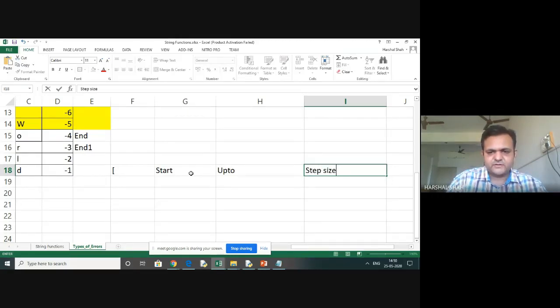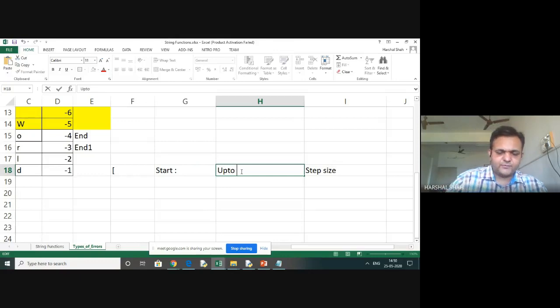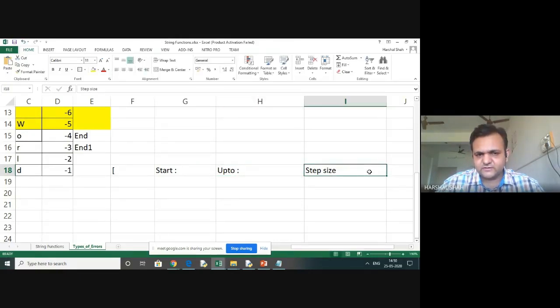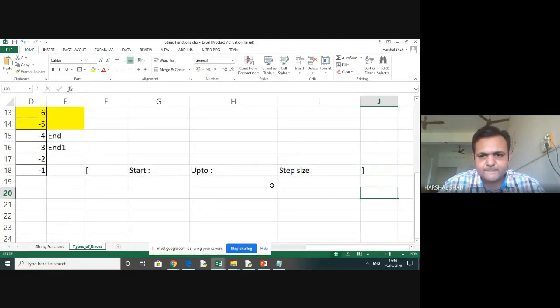It is called step size. So start, we can have colon, we can have up to, right, and a closing bracket here. So this way it will work.